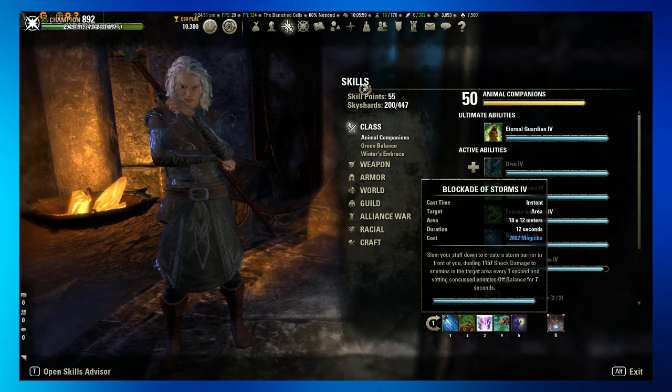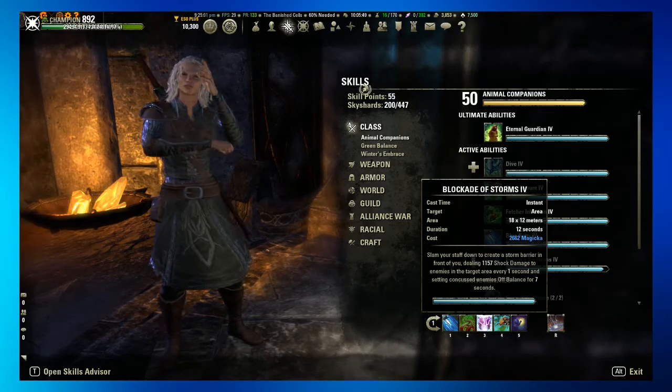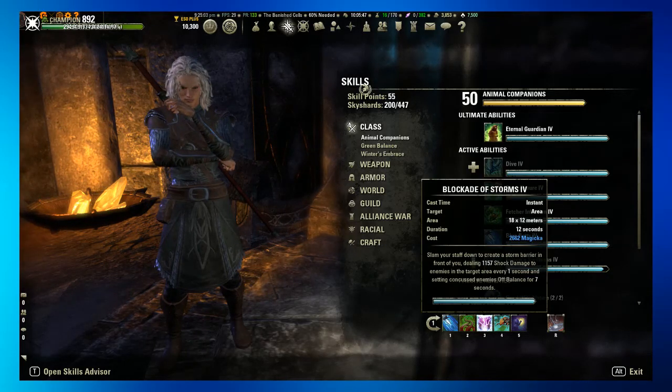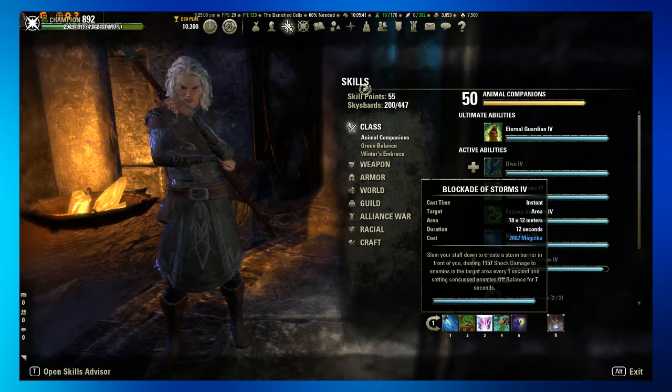Blockade of Storms, 1,157 shock damage every second for 12 seconds. 18 by 12 meter area. That's huge. It's great. Some people also said about using Unstable Wall. You could do that too. You could do either one. I like not having to think about it for 12 seconds. Though, to be honest, knowing the way the rotation works on this build, I probably will end up changing it